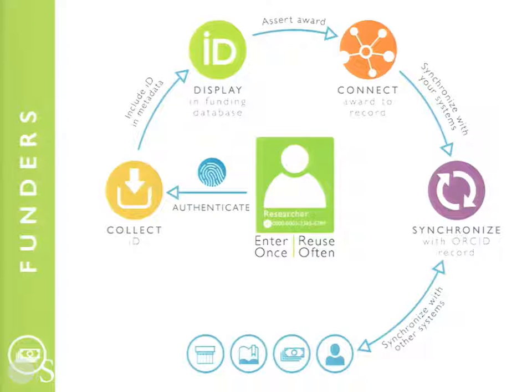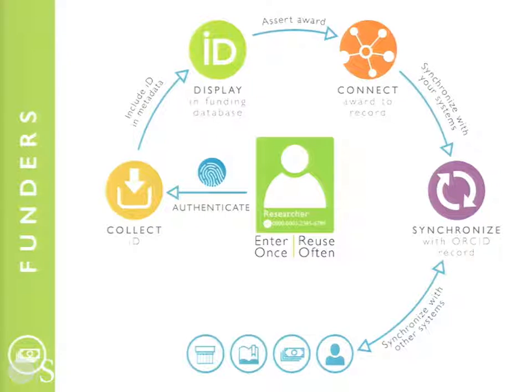So the funder's collecting them, they include the iD in their metadata and display it in their funding database. They assert the award and connect it back to the ORCID record, and again this is really important because it's creating that validated connection between the grant applicant, the researcher, and their award. And then in an ideal world, they're also connecting that information on in other directions. So they're pulling information back from the ORCID record into their systems so that the next time the researcher comes to apply for a grant, they don't have to re-enter all that information again. It's already sitting there. They can update it from their ORCID record, and then it synchronizes